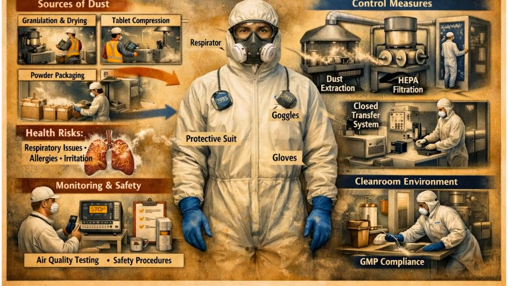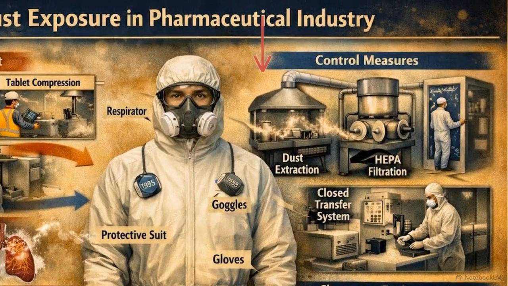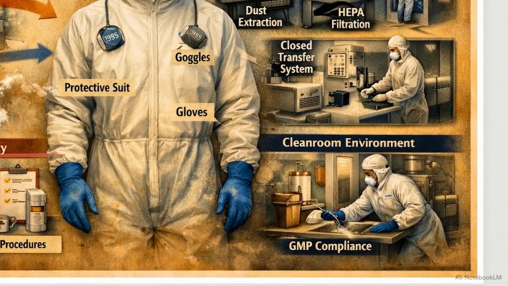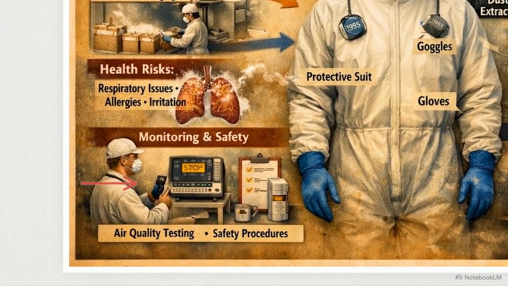The mechanics rely on precision airflow. Local exhaust ventilation generates a constant vacuum near the source, while closed transfer systems ensure that powders move between machines entirely sealed off from the ambient room air. These physical barriers are then enforced by administrative controls, shown in the bottom left. Strict standard operating procedures dictate exactly how materials are handled, while continuous air quality testing ensures the engineering systems are